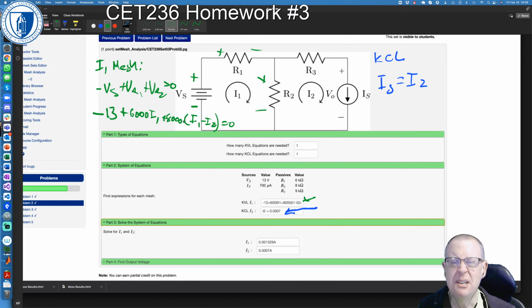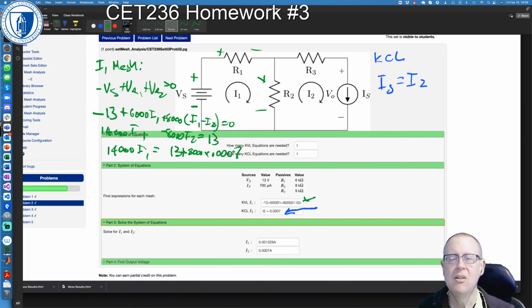So it's going to be 14,000 I1 minus 8,000 I2 equals 13, and we know what I2 is, right? So it's 14,000 I1 equals 13 plus 8,000 times